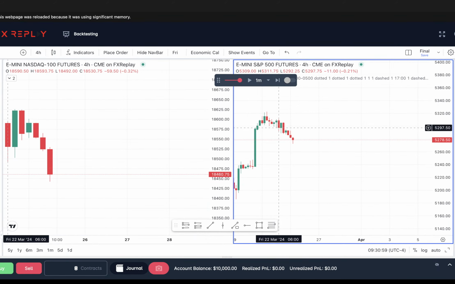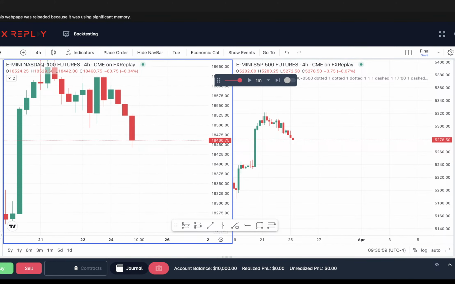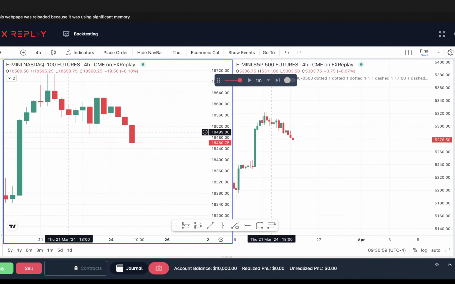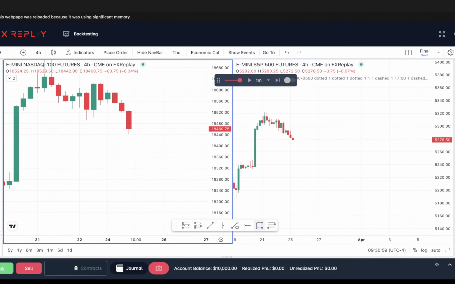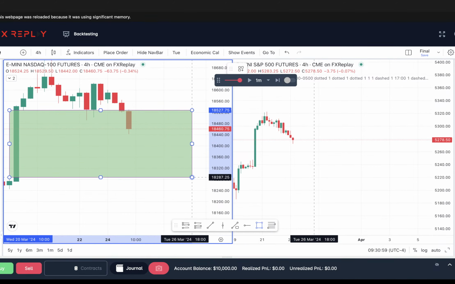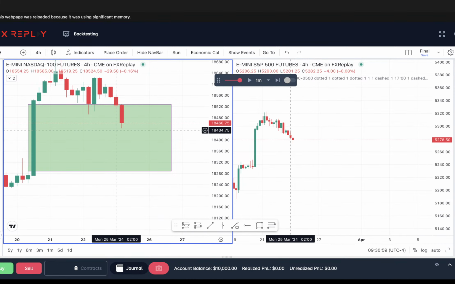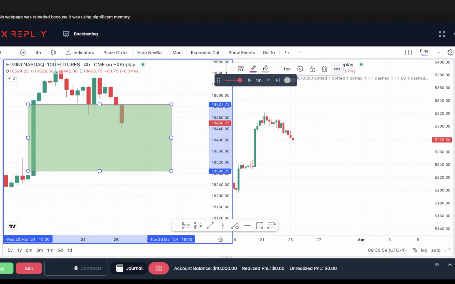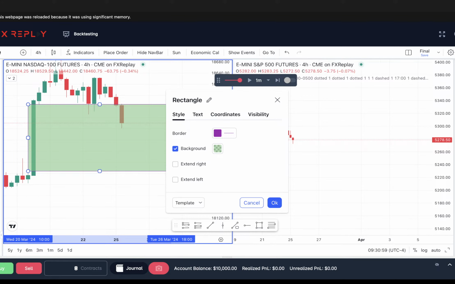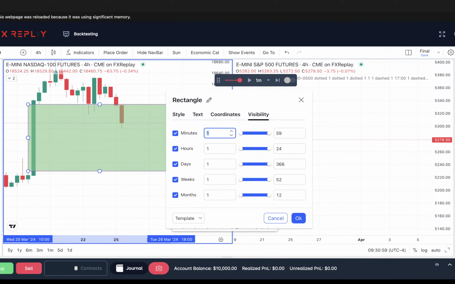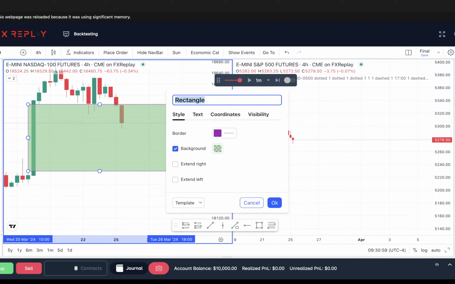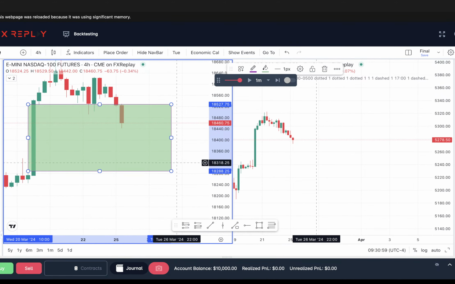Next, New York session. All right, we came back down now and more into that gap. That's why it was nice for that other day. This is the day where the gap really won't matter unless you want to trade to the bottom of it or trade to the middle of it. I wanted to put a line in the middle like TradingView does. TradingView lets you put a line at 50% in the middle. FX Replay does not, which is fine.